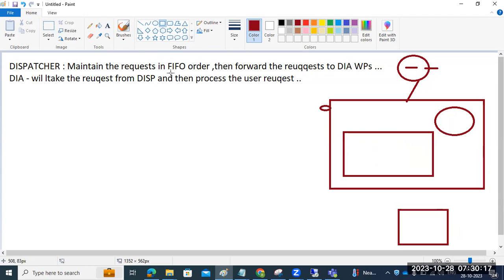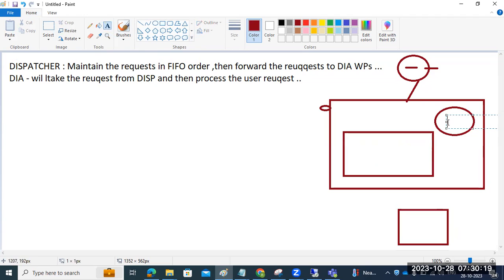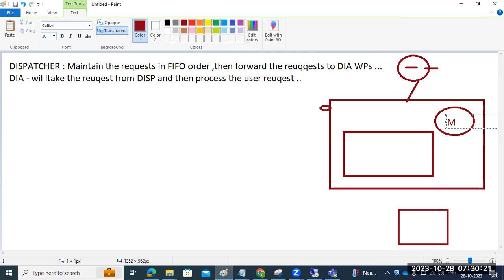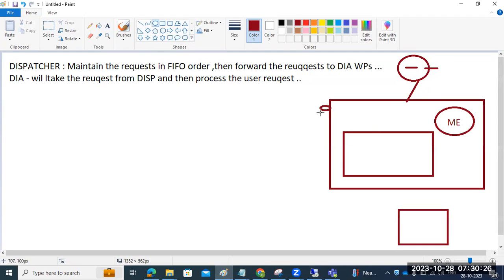ASCS means we have the message server and enqueue server. Here we have the remaining work processes, along with the dispatcher. Under the dispatcher we have the dialog work process, update, background, gateway, and the remaining ones, all are there here, right?